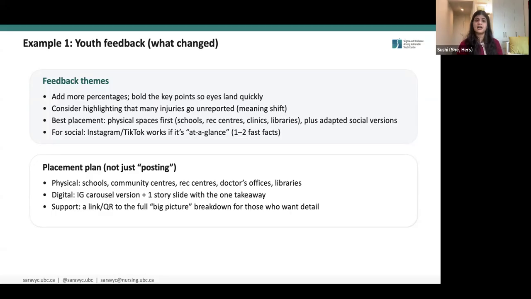So our placement plan is not just posting this infographic, but we can have these at schools, at community centers, at rec centers, and then we can do shorter snippets of the big infographic, and then do one key takeaway, two key takeaways, and link it back to the website. So we have a link and a QR whenever we do it for a full big picture breakdown for those who want more detail.